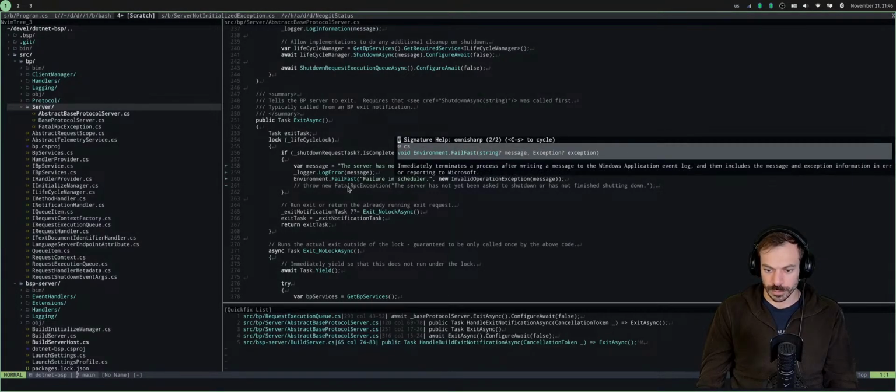And there's 2 overloads: message, and a message and exception. Immediately terminates a process after writing a message to the Windows application event log. Then it includes the message and exception information.